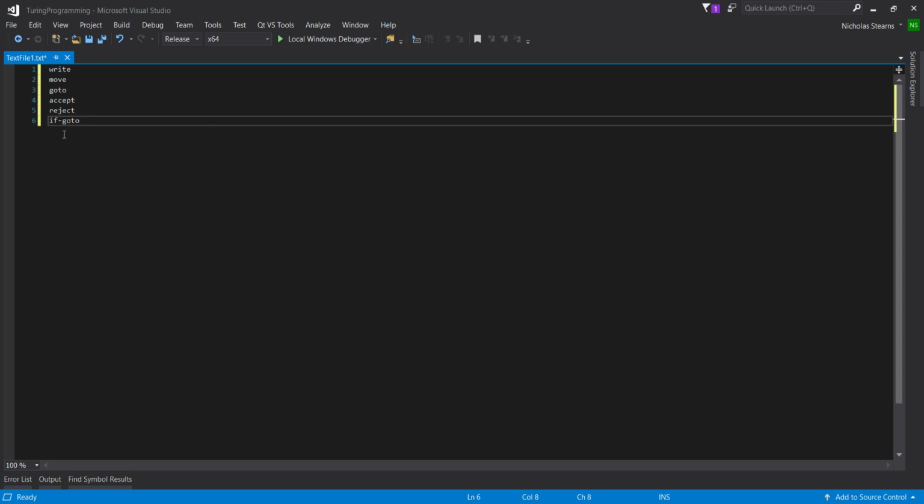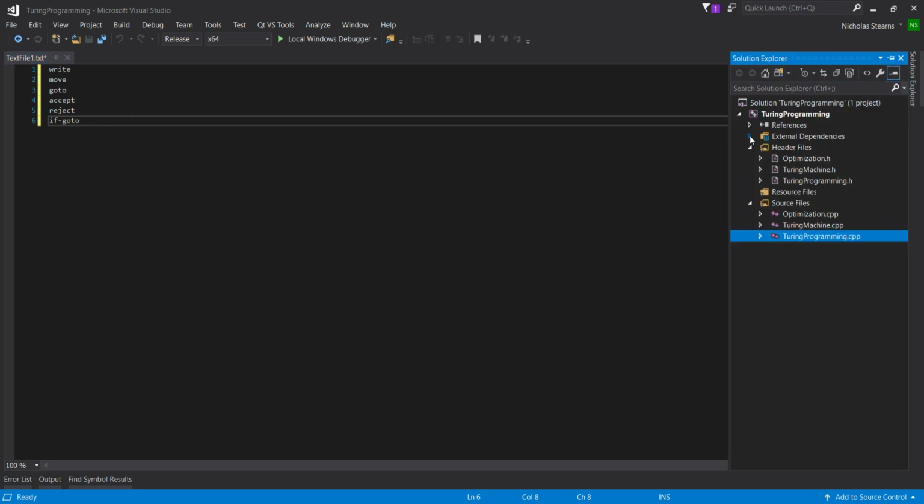And the way that this works is when the Turing machine reads in the symbol, if it reads in a specific symbol, it'll go to a given line. And it turns out that just with these 6 instructions, we can actually have the entire span of what Turing machines are capable of doing. And so if we look at the actual language now,